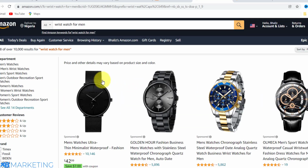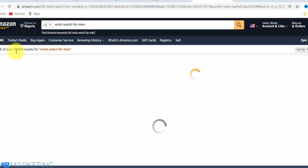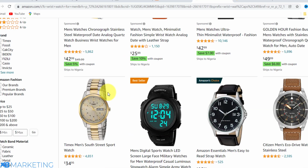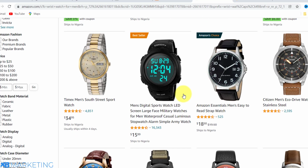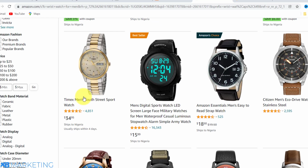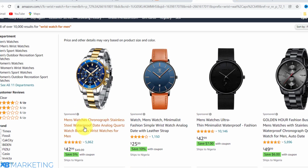The first thing that I recommend you do is search for the ones that have the highest top ratings, which means they are the ones that people purchase the most and they have the best reviews. You can also see one here has this bestseller tag on it, and this one has this Amazon's Choice on it. So don't limit yourself to these products alone. You can also go for a decent one as long as it has a huge amount of reviews on it. If we take this watch for example,